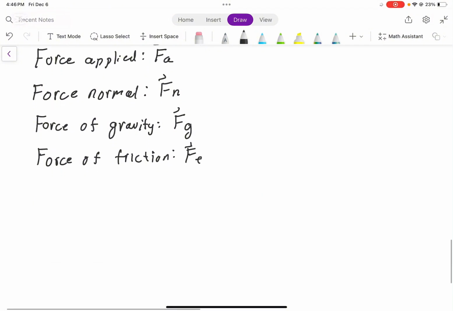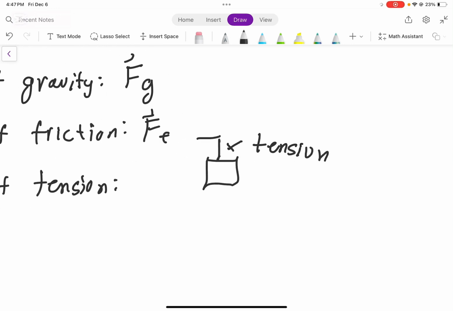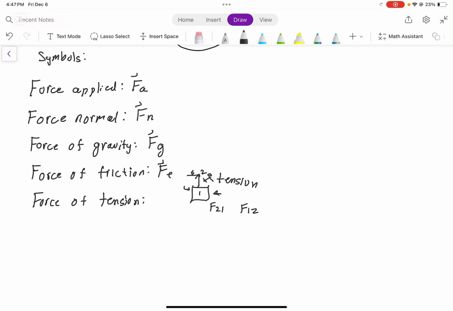And when you're talking about force of tension, you don't want to really label your tension just T. Like if we had the box here again, you don't want to label this just tension. You want to label it the actionary and reactionary forces. So you want to write force of 2 on 1 and force of 1 on 2. So if this was 1, this object up here would be 2. So write force of 2 on this one, and force of 1 on this one. You want to make sure all those are clear in your givens. So make sure we have a comprehensive